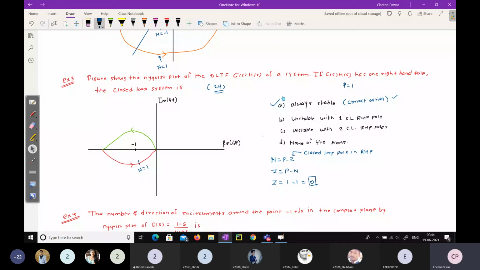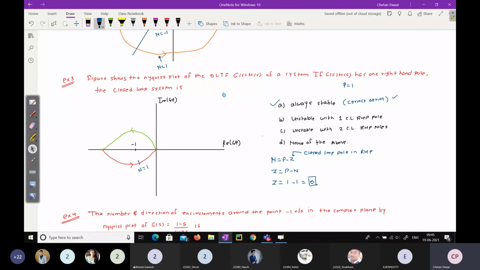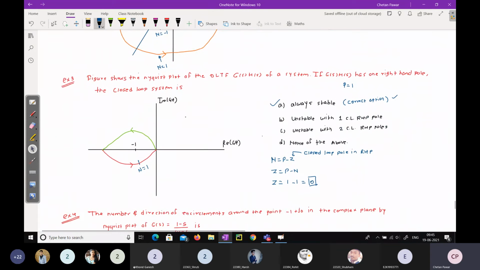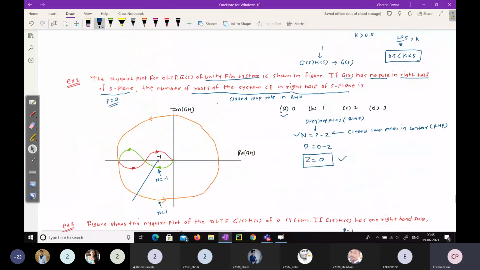Okay. So like this way you can solve these examples. I hope that you got the idea. If you haven't got a clear idea, you can watch yesterday's lecture video, so you will get the correct idea about that. So like this way, we have covered the Nyquist plot. If you have any doubt related to this topic, you can ask me. Otherwise, we can move to the next topic. Okay, so like this way you can solve the problem.